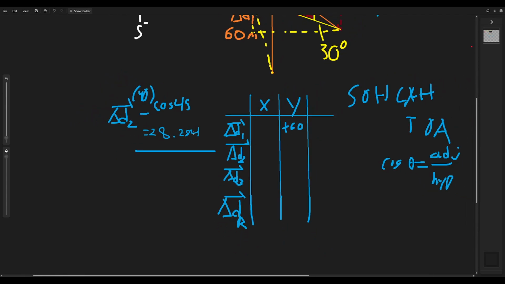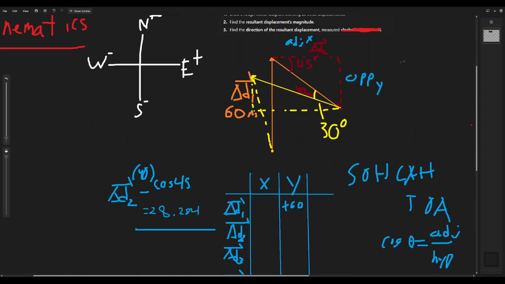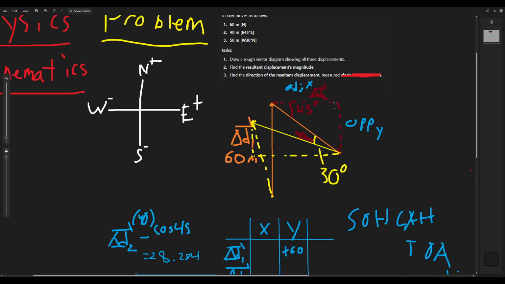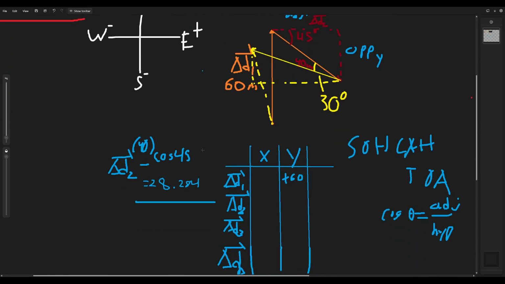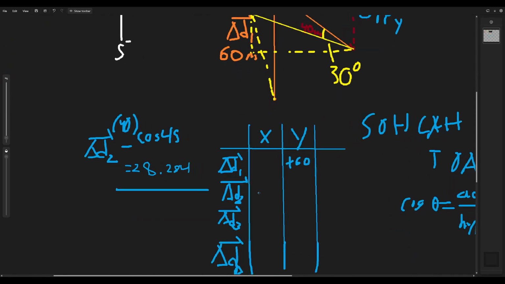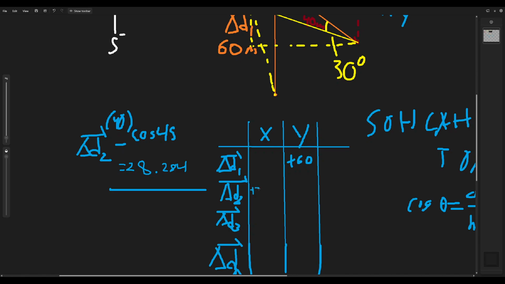And if you want to know if this is going to be negative or positive, just look at the direction it's heading in. It's heading in the east direction, right? Because this is going east. So in the x component here we would just put plus